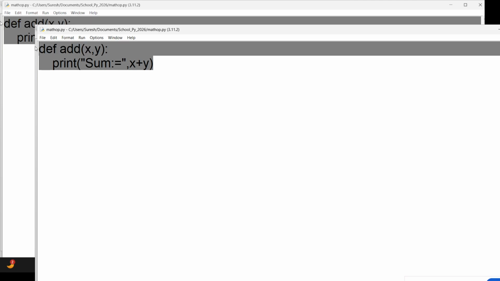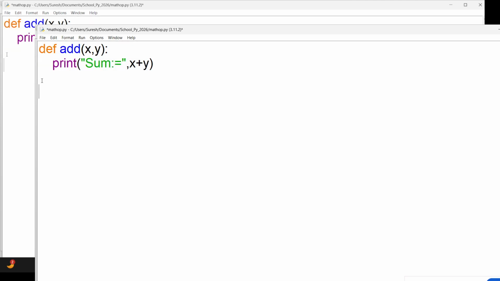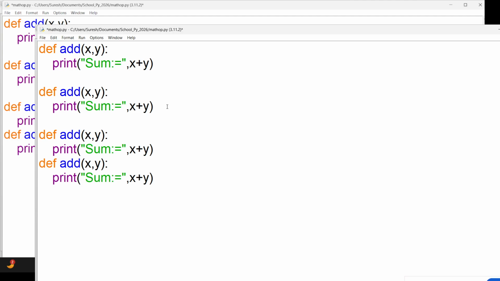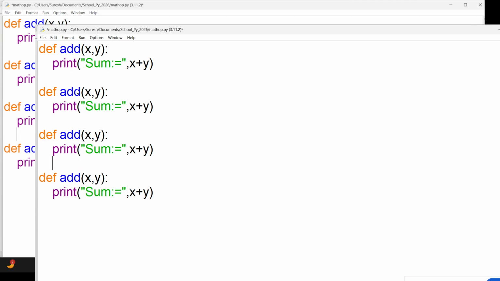In a similar manner, we have to create subtraction, then multiplication, then division. Like that, you can create n number of modules. As of now, I'm just using addition, where I can make it a subtraction, multiplication, and division. The expression also we need to change. We just change the function name. Here we can make subtraction x minus y instead of x plus y. Here we can make x multiplied by y.